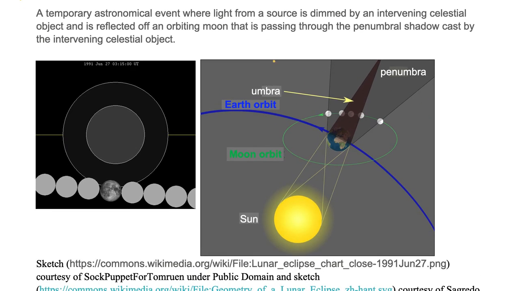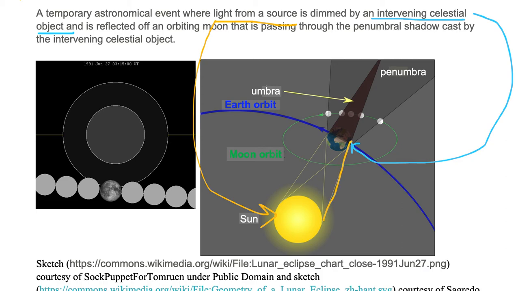Let's break the definition down. We see a temporary astronomical event where light from a source, and that light source is the sun, is dimmed by an intervening celestial object, and that intervening celestial object is the moon itself. The light is reflected off an orbiting moon, so we have sunlight that's grazing the earth,